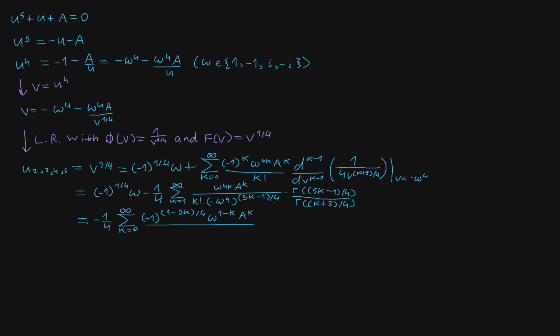The denominator here is just k factorial. And once again, we have the gamma functions, gamma of 5k minus 1 over 4, and gamma of k plus 3 over 4. And again, you'll find that using the ratio test, it converges for the same thing, 4 over the fourth root